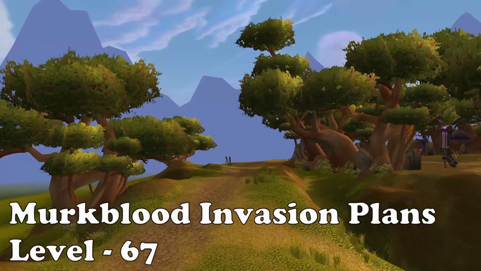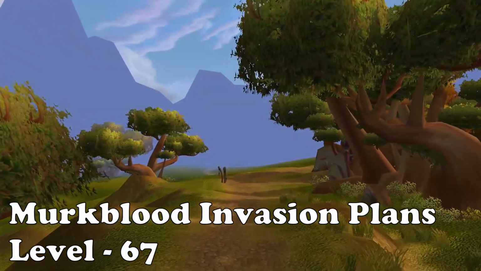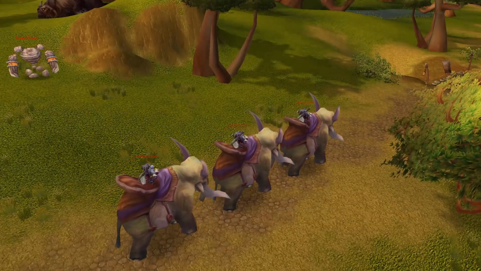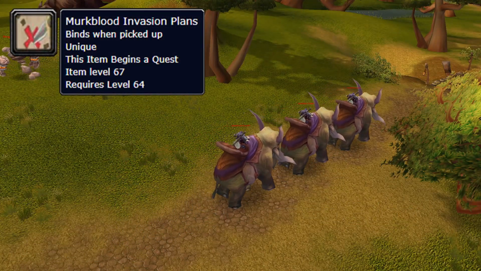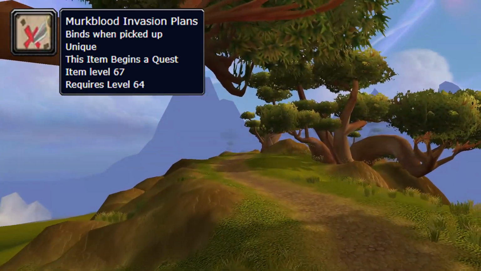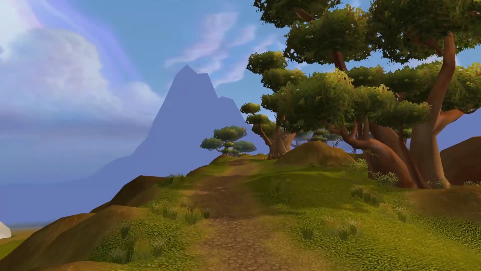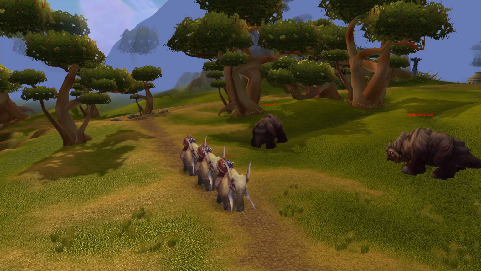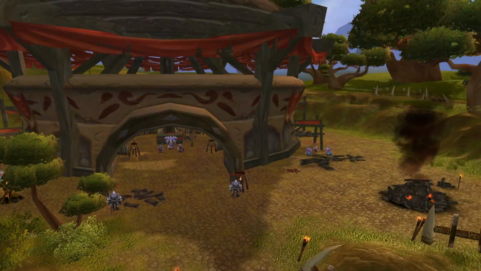Another quest like this is the Murkblood invasion plans that drop from the Murkblood invaders that are found patrolling the roads near the Horde and Alliance cities in Nagrand. They travel in packs of 3, and there are a total of 6 in the zone. After killing these, there is a chance that they drop the plants which starts a quest to turn in at your respective cities. Only the Alliance side has a follow-up quest, while the Horde doesn't, but it's still a decent extra